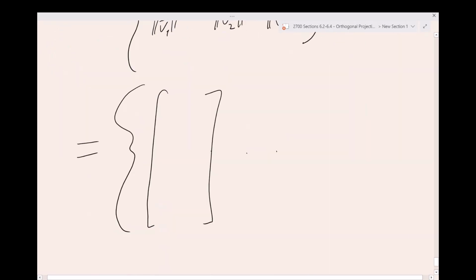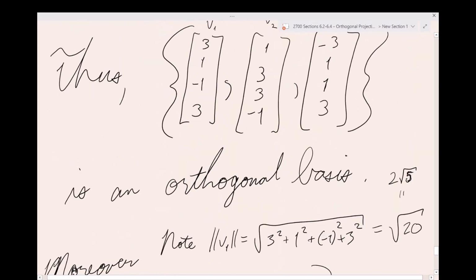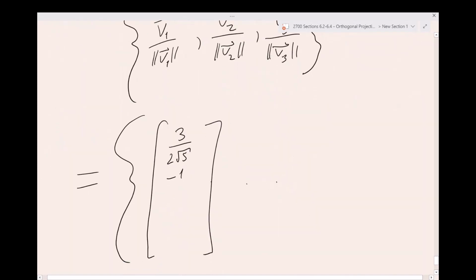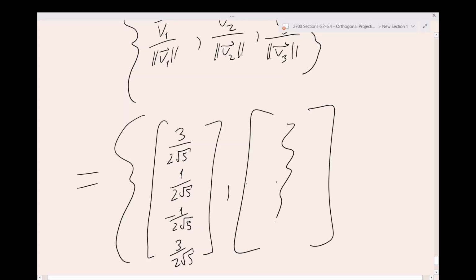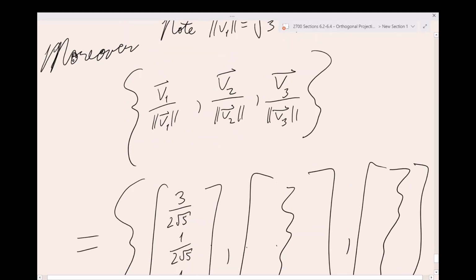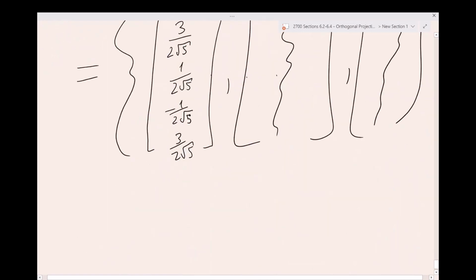Well, now it would be 3 over 2 root 5, 1 over 2 root 5, negative 1 over 2 root 5, 3 over 2 root 5. And then, same thing here. Divide all its coordinates by its length, do the same thing with the other two vectors, and then you would have